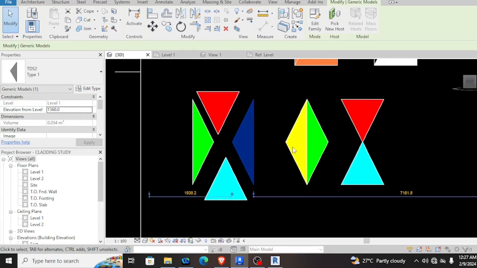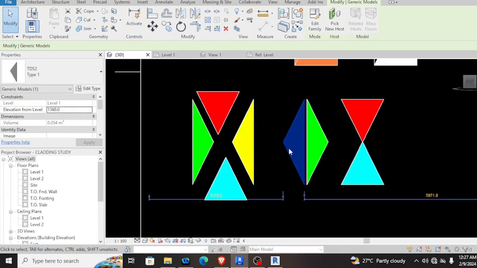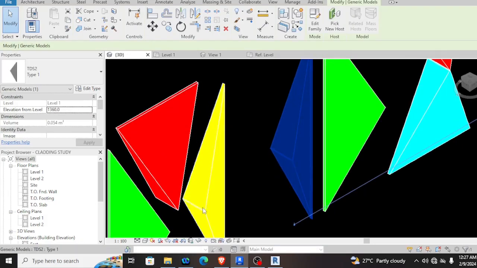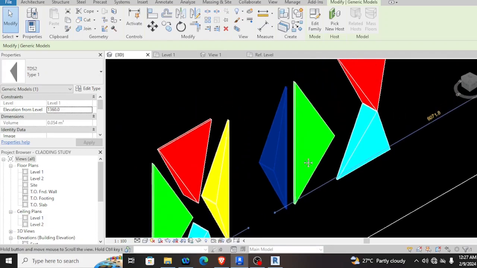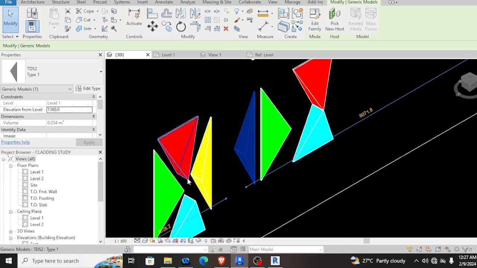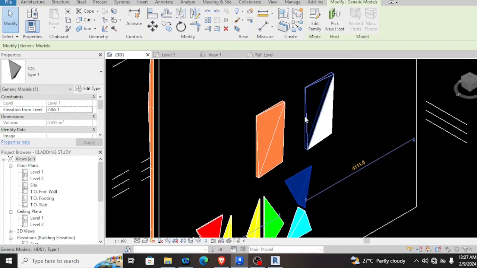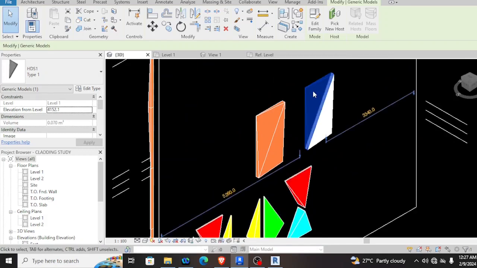Also, this one is a diamond shape, but the top is here. It's the same as this one. The top of the diamond is here and sloping down there. Same as this one. Also, the four parts diamond shape.